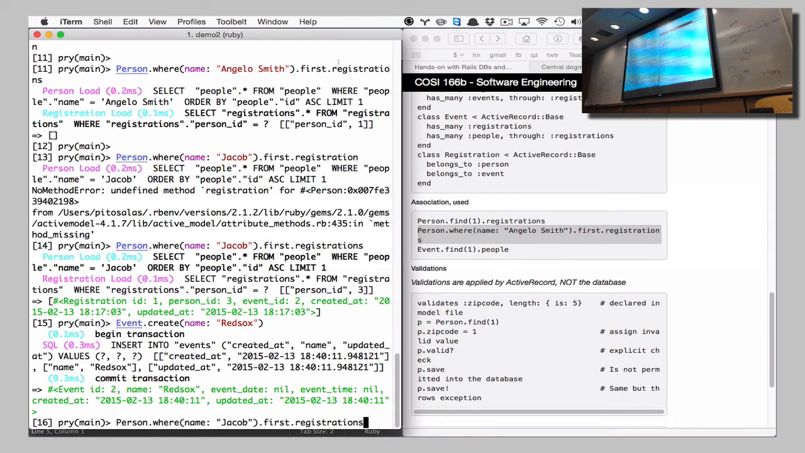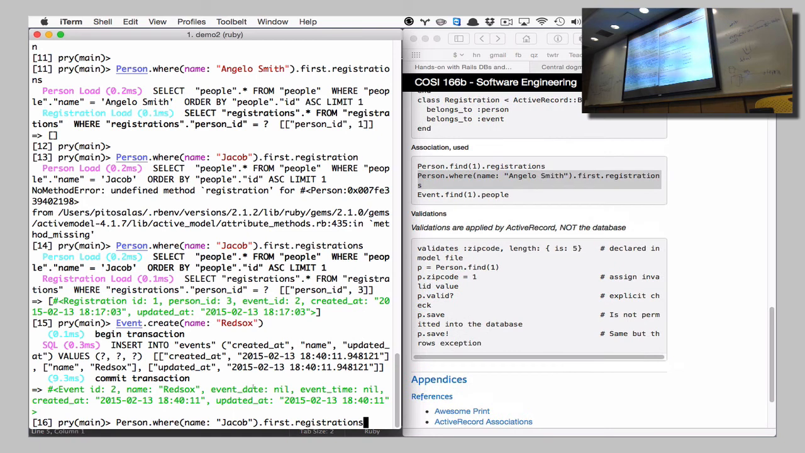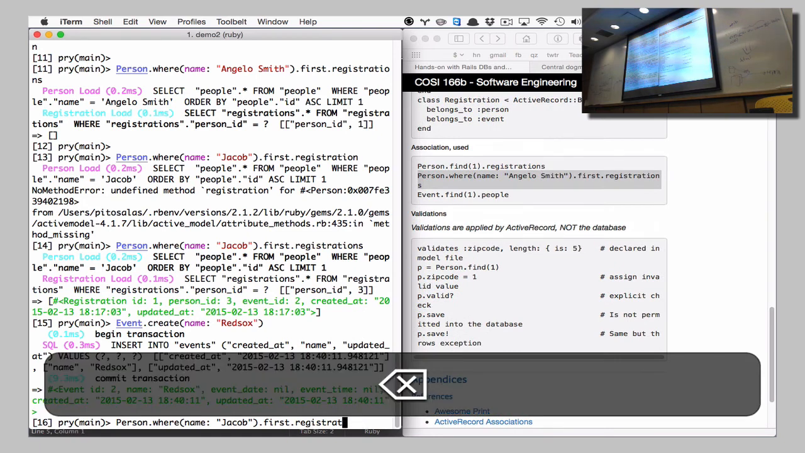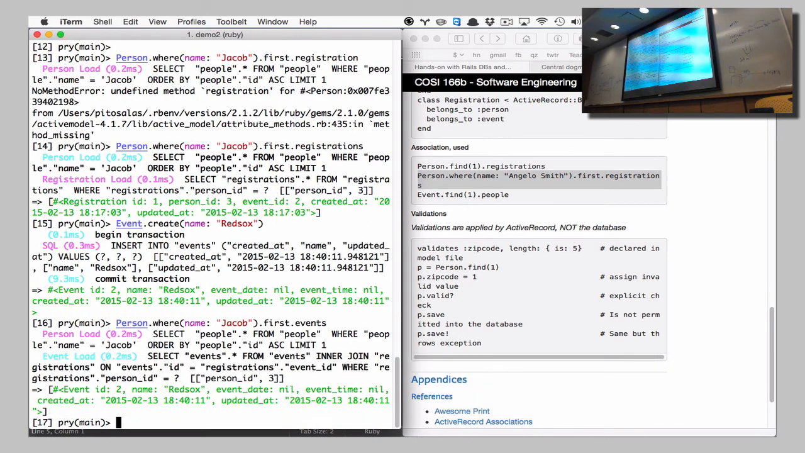Now the next thing that's interesting is, what if I said not registrations, but events? Ah, look at that. Now it went 2 levels automatically. I asked for the first person with the name Jacob, what are all his events? And it said, look for name Jacob,